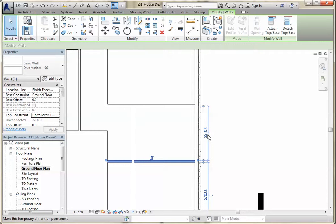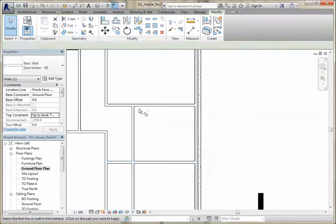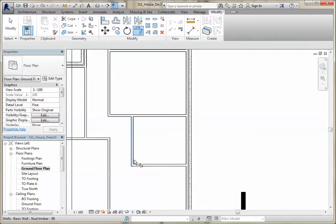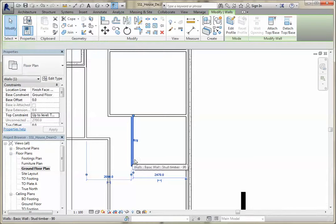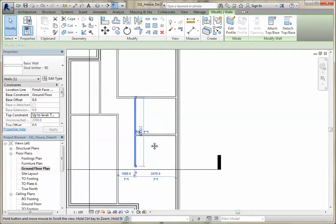And remember these, then you can just go in and put in your 2250 and enter, and we should be able to then just click on that and trim that up. This one's going to come a little bit further, so if we click on double escape again, if you can't select it, always just hit double escape. Just going to pull that down a bit more so our wall goes down a bit further,